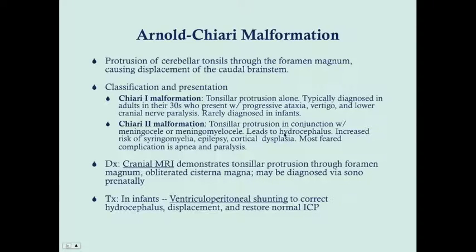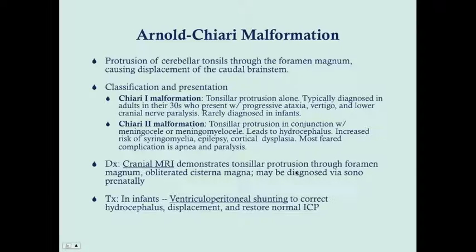This can lead to hydrocephalus because it can block off the fourth ventricle, and there's an increased risk of syringomyelia, epilepsy, cortical dysplasia, and then the most feared complication is apnea and paralysis because this is pressing up against the brainstem. As far as diagnosis, it's cranial MRI. That's why we were getting the cranial part of the MRI when we were working the baby up for meningocele or meningomyelocele. And what you're going to notice is cerebellar tonsillar protrusion through the foramen magnum, which will obliterate the